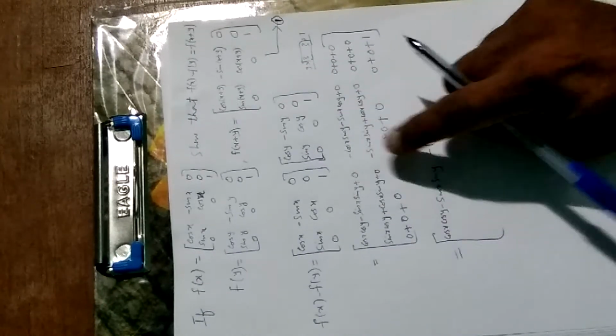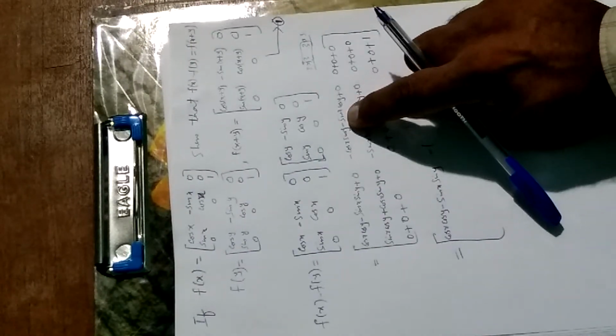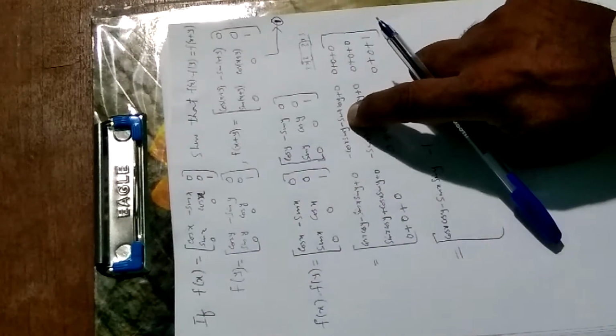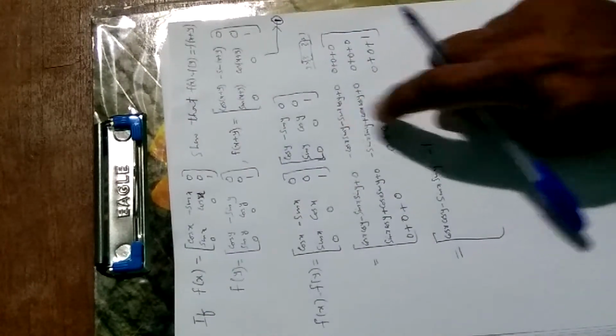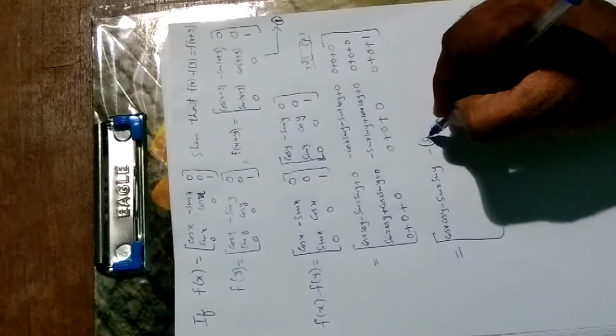Both will become positive because we are taking minus common, so this negative term will become positive, this negative term will also become positive, plus 0 will leave, right? 0 has no value, so we will leave. So I write this term first, and it will be positive because we are taking minus common, right? So it becomes sin x cos y,